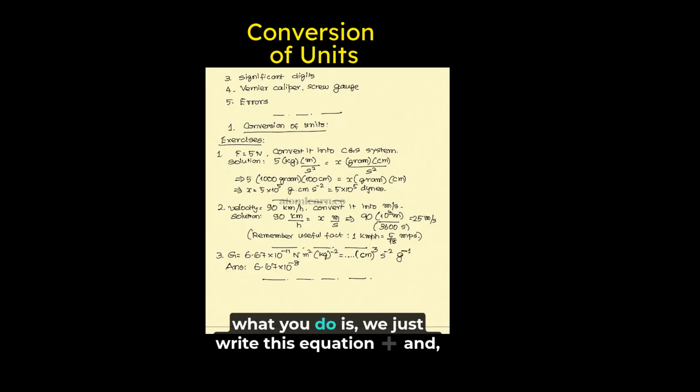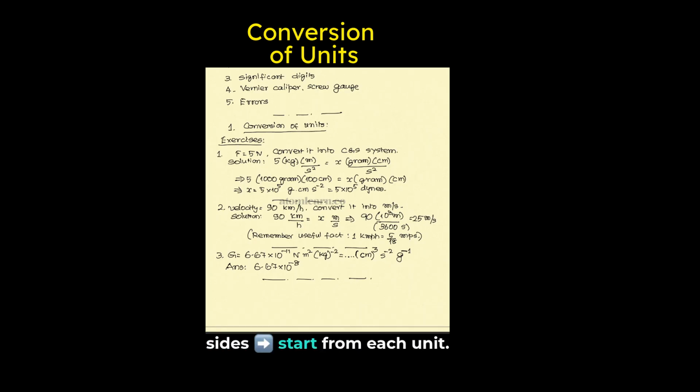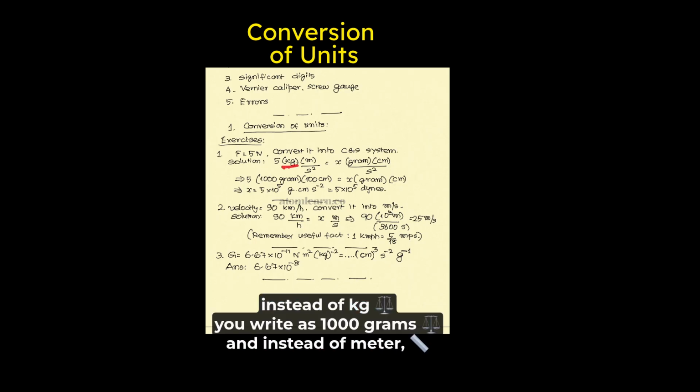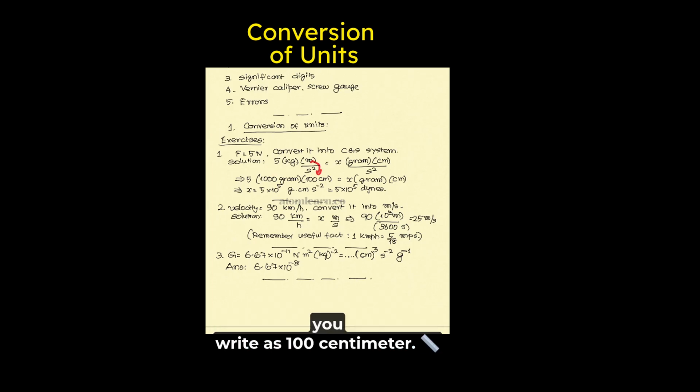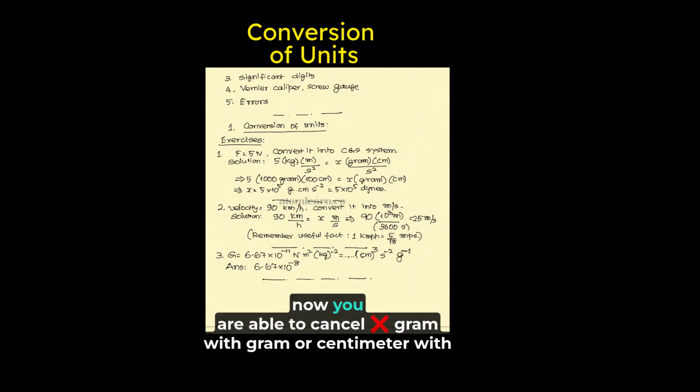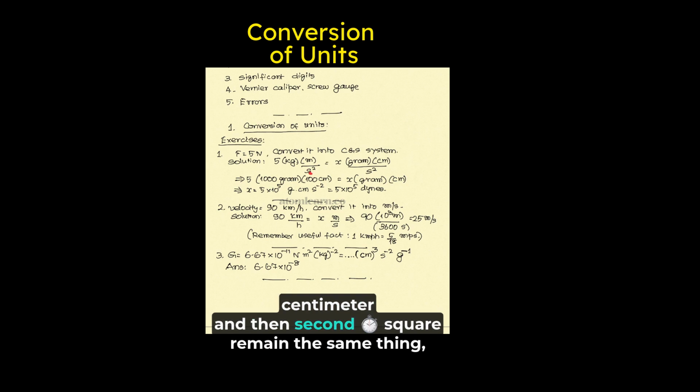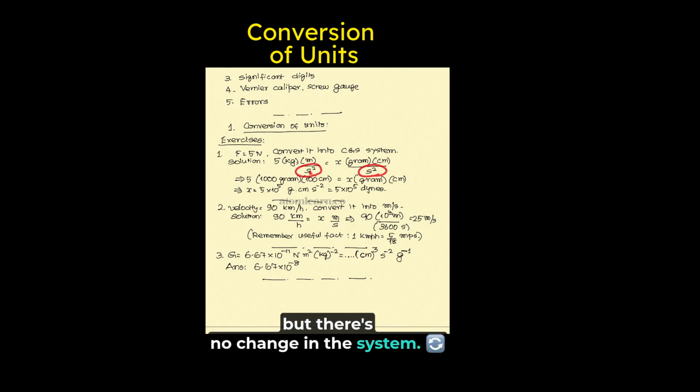Therefore, what you do is you just write this equation and then make the same units on both sides. Start from each unit. Instead of kg you write 1000 grams, and then instead of meter you write 100 centimeter. Now you are able to cancel gram with gram, centimeter with centimeter, and second square remains the same, there is no change in the systems. Second square remains the same, and therefore you can cancel